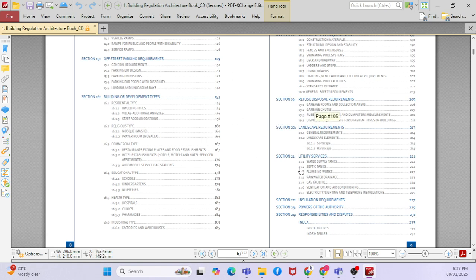Then each and every building consists of water supply tanks because you should supply the water to the facilities, right? Then you require a septic tank. If there is any drainage, it should go to the septic tank. You have plumbing works like the water supply pipe network, drainage pipe network, and rainwater drainage. Whenever you have rain, all the rain should be collected and properly discharged into the sewage network or